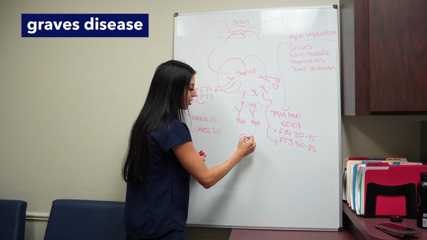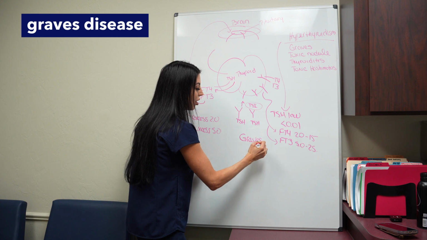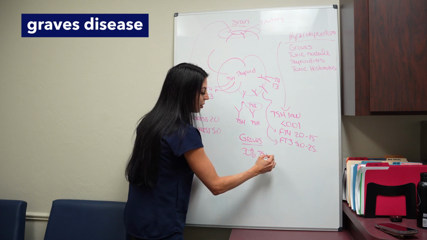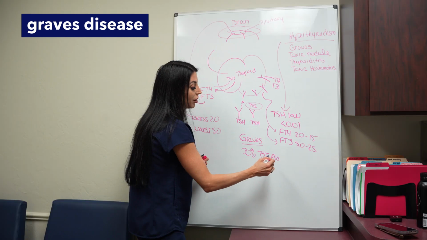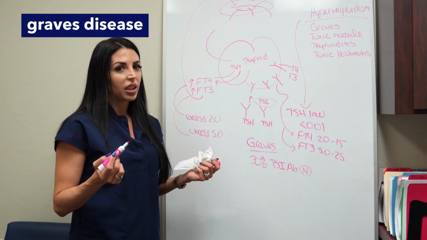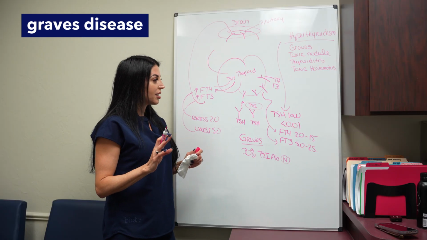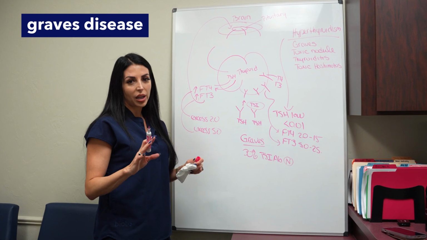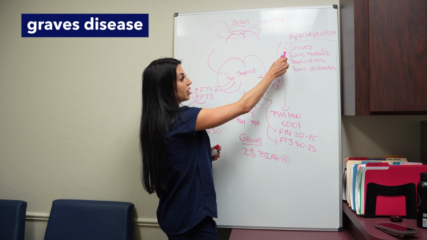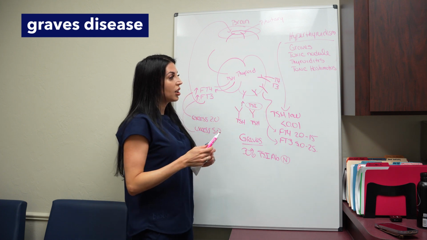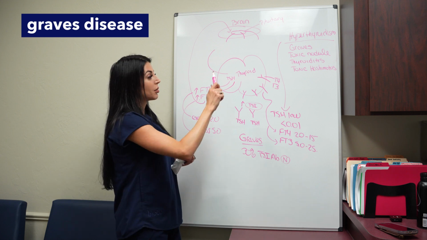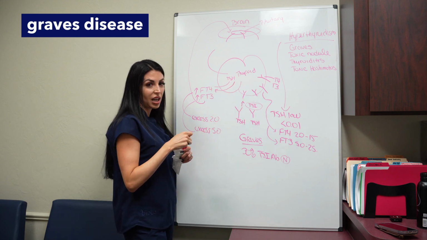The frustrating thing about Graves' disease is that in about 30% of people with Graves, their TSI antibody will not be high. So it will actually be normal, but they have these scary looking labs. And so then you're like, what the heck is going on? In people where this happens, we use a whole other way of determining what is actually causing their hyperthyroidism. Because it's really important to determine whether it's Graves, toxic nodule, thyroiditis, or toxic Hashimoto's, because you treat all these things differently. So remember, Graves is this antibody over attacking your thyroid.